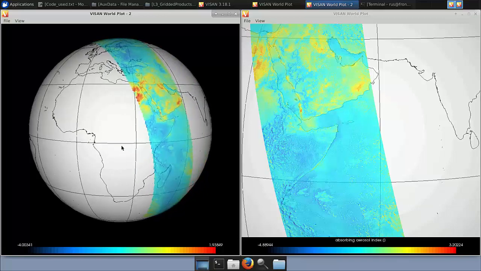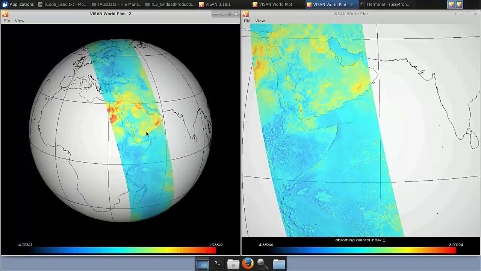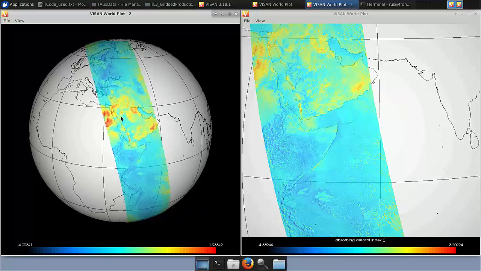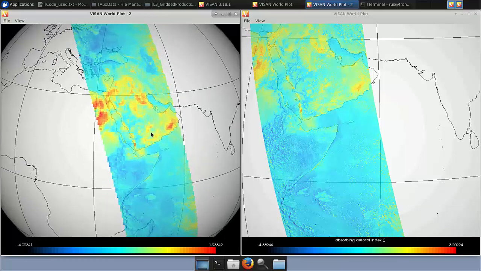So we want to have our products in a common grid that covers the whole world, and for that, of course, some resampling has been done in order to merge pixels that were neighboring pixels. So you can see the difference indeed in resolution. You can see that my left product has a much lower spatial resolution compared to the first one,